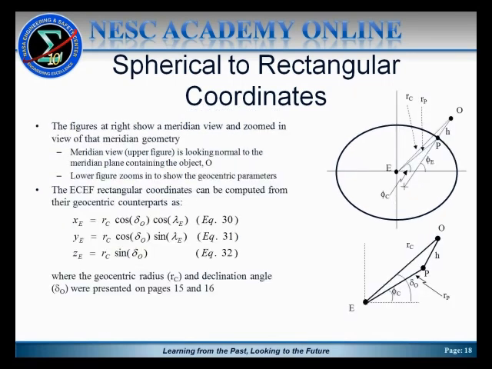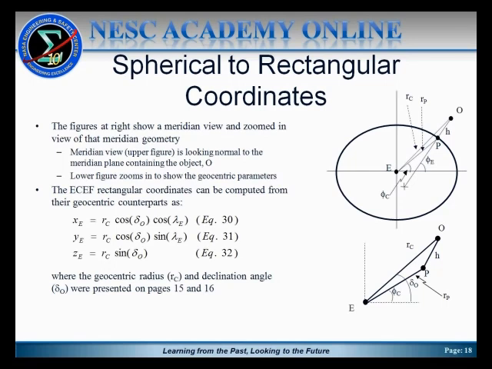We can also convert from spherical to rectangular coordinates using geocentric coordinates and declination, as we described a few slides ago as well. The figures on the right of this slide are similar to the figures on the previous slide, except now we'll show the geocentric latitude phi sub C, the declination delta sub O, and the geocentric radius RC. So now, given those forms of spherical coordinates, equations 30 through 32 can be used to compute the ECEF rectangular coordinates XE, YE, and ZE as shown in those equations,